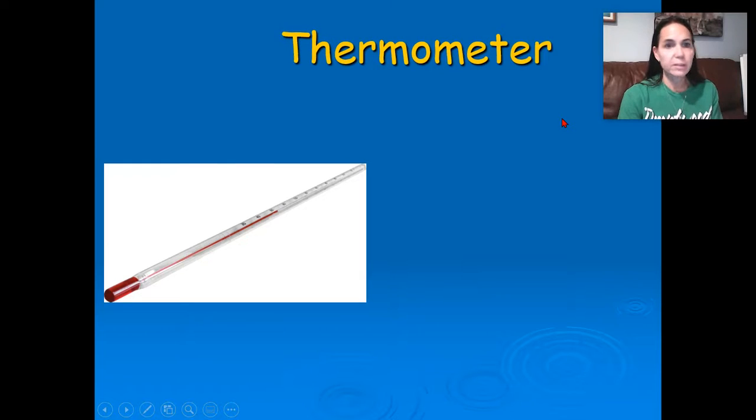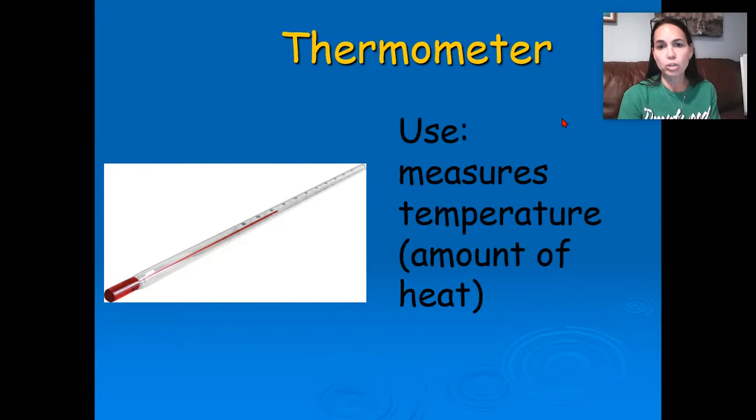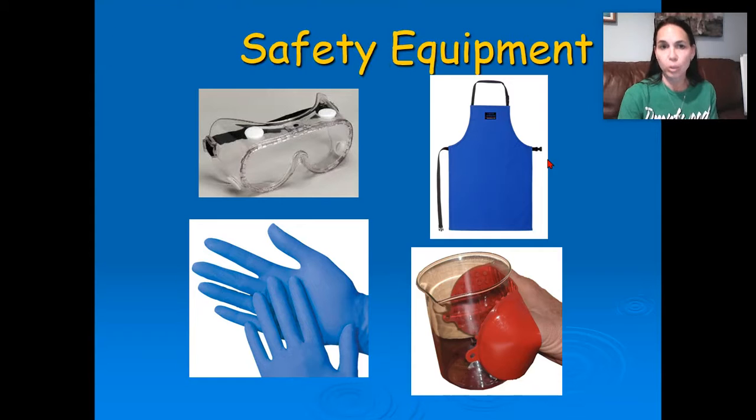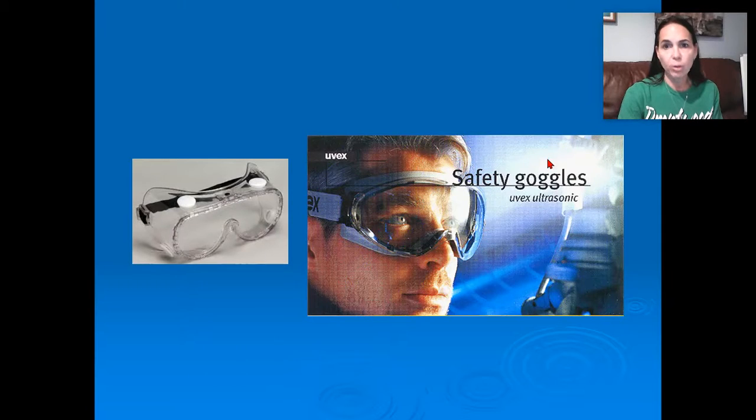And the last part in this section is a thermometer, which measures the temperature or the amount of heat in something. Okay, that's the first 4 tools. Now we're going on to the next category, which is safety equipment. Again, you might know most of these already, so we're just going to focus on the ones you don't know